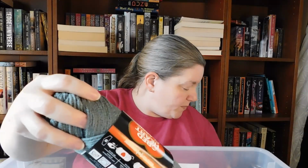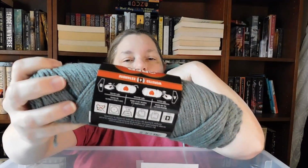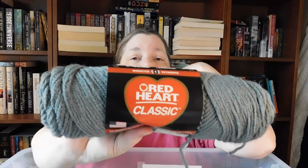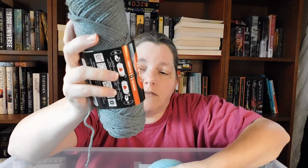I've got 3 little skeins of Red Heart Classic, which is the same as Red Heart Super Saver. They call that Super Saver because it is 7 ounces of yarn, where this little Classic is only 3.5 ounces. 100 grams, 190 yards, or 174 meters. So it's called Red Heart Classic because it's smaller in size. Not because its weight's any different or its texture's any different or anything. It's still number 4 medium worsted Aran weight. Okay, it's just 3.5 ounces compared to 7 ounces. Red Heart Classic is also from the 60s, 70s, the 80s. Okay,